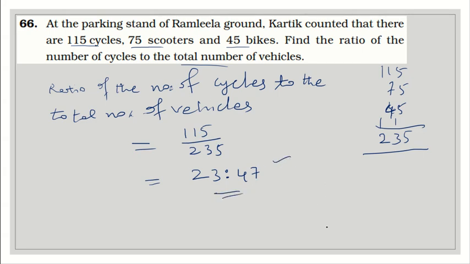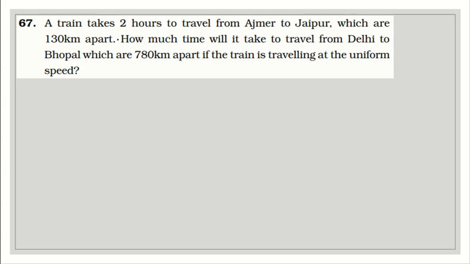Now moving on to question 67. A train takes 2 hours to travel from Ajmer to Jaipur, which are 130 km apart. How much time will it take to travel from Delhi to Bhopal, which are 780 kilometers apart, if the train is traveling at the same uniform speed? See children, this is a